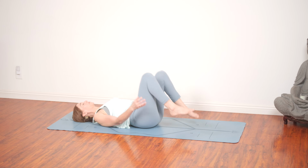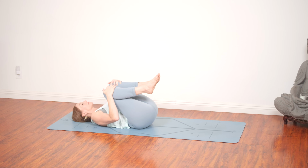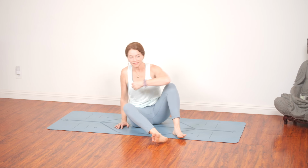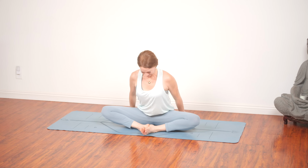And then release. Hug the knees into your chest. Gently rock yourself side to side, a little back massage. Roll off to your right. Use your left hand to come back to seated. So I'm facing the long side of the mat now, just so you can see better, but you can face